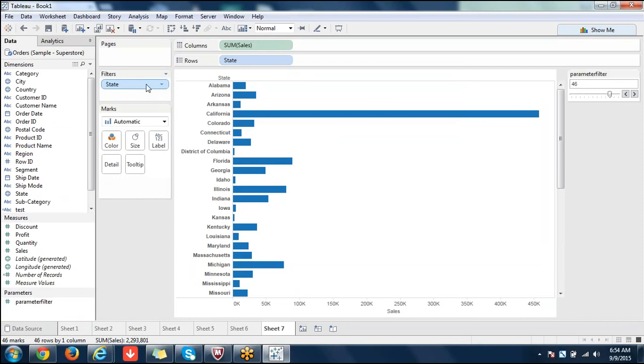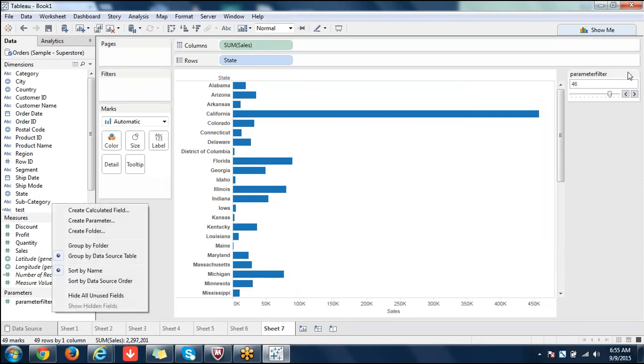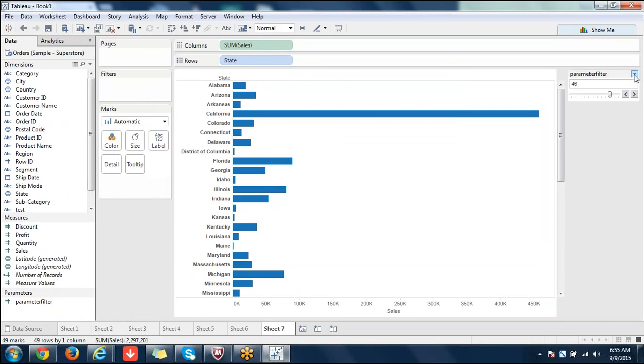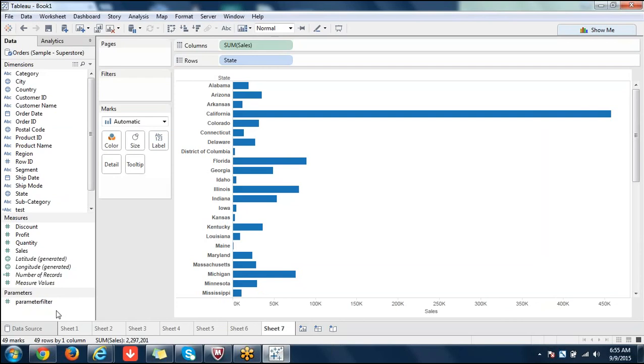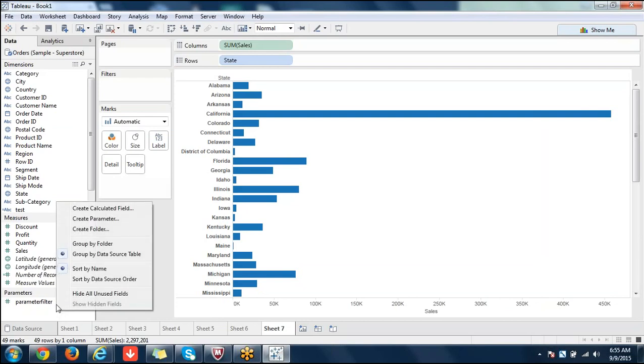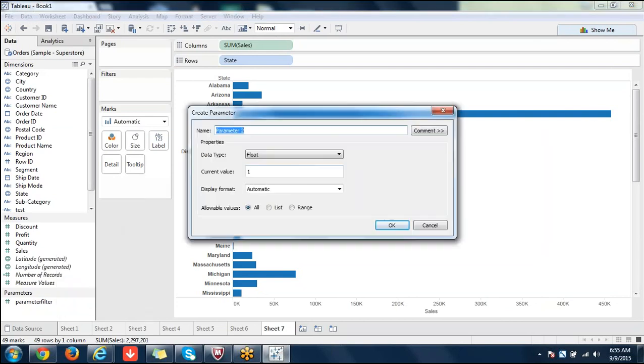And the other way of doing things. Now I have removed the filter here, and there is no value to it now. Now create parameter. Parameter 2, whatever it is.